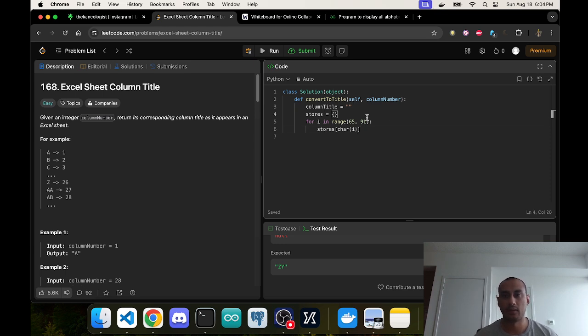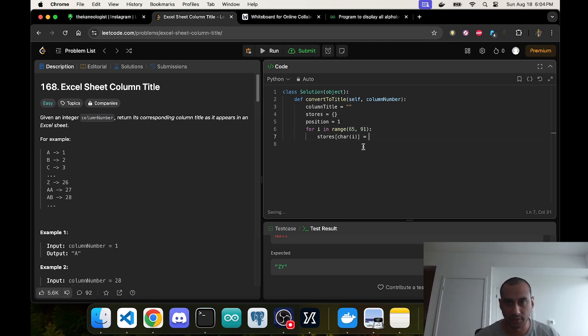And then let's put a counter at 1. Position. Position equals 1. So character at i, this turns it to A,